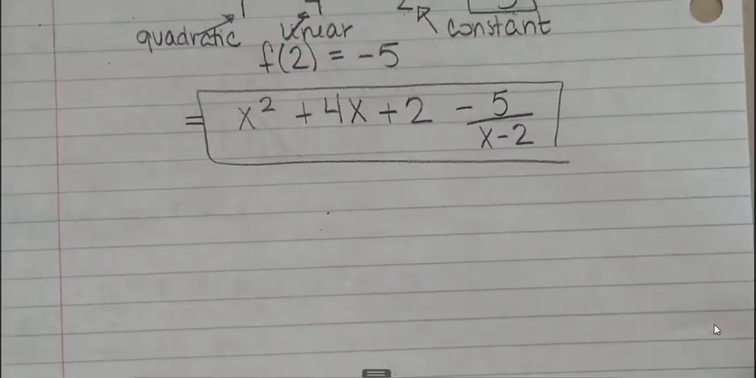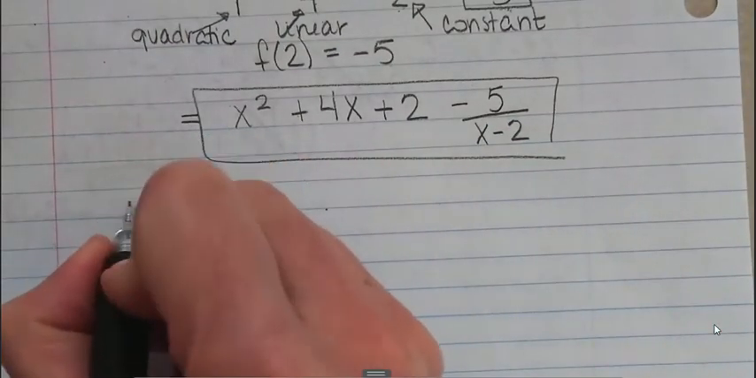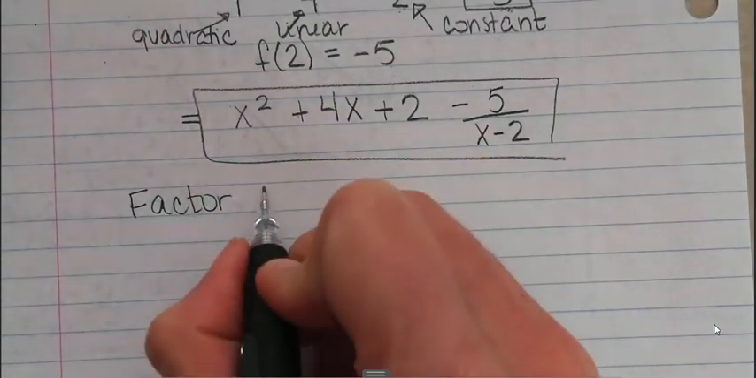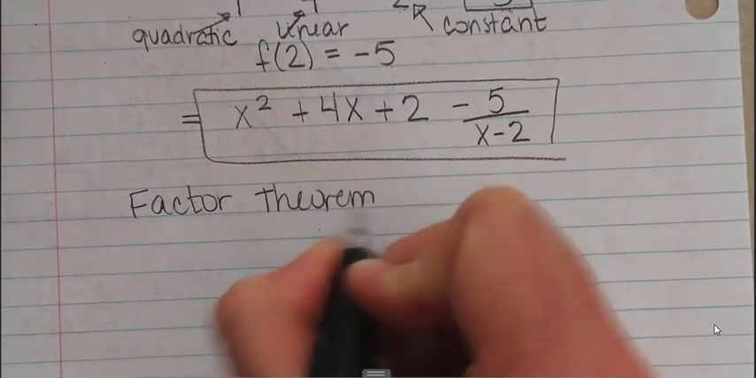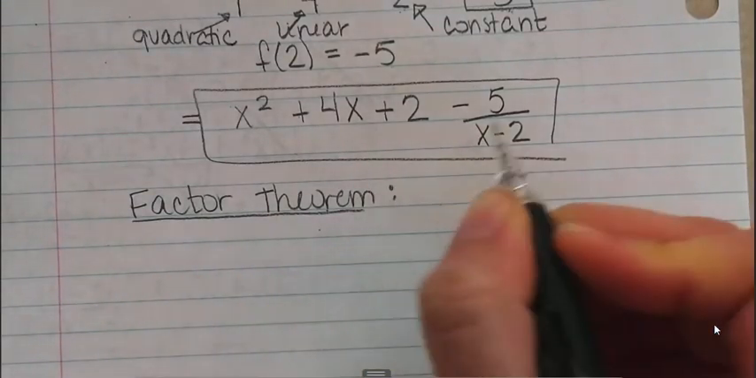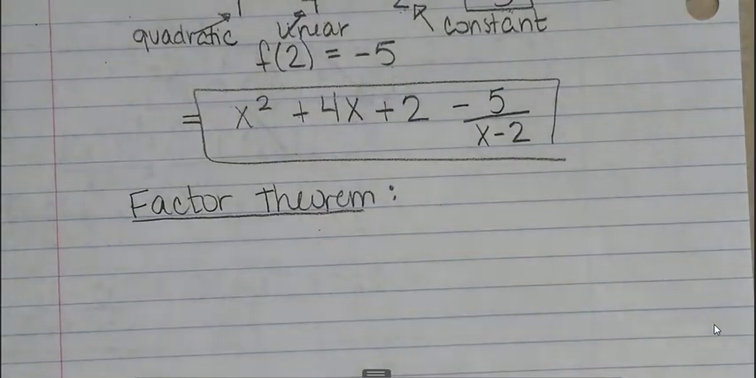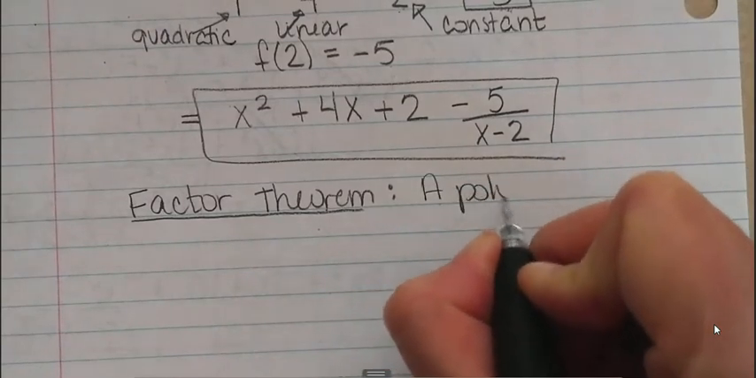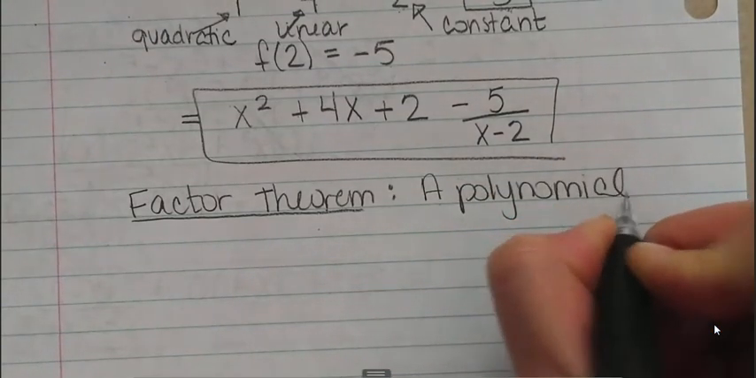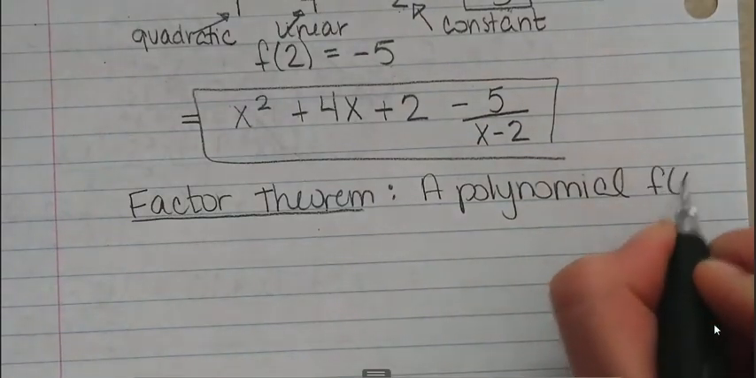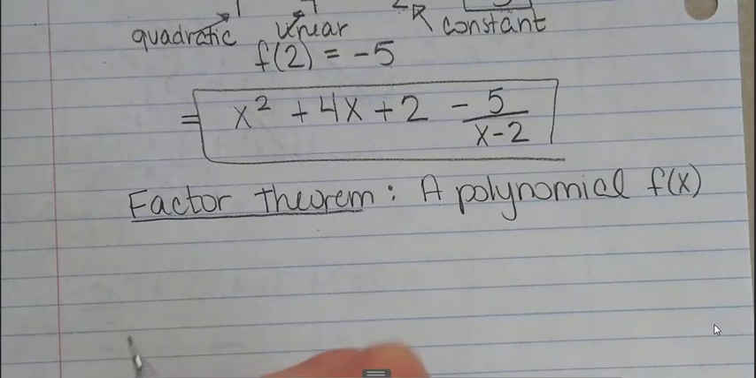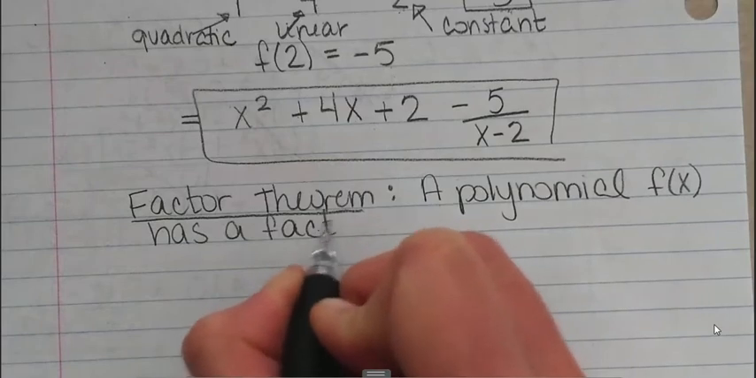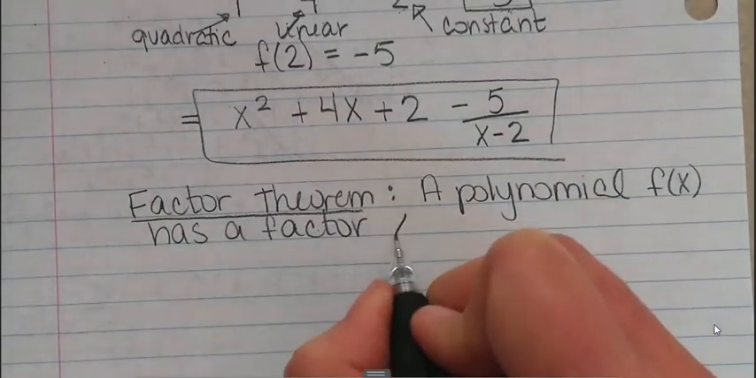Okay, so from there, we're going to build onto this, and we're going to use something called the factor theorem. This is another way of determining what your factors are, and another way of factoring polynomials. So the factor theorem says that a polynomial, we'll call that polynomial f of x still, has a factor, a binomial factor, x minus k,